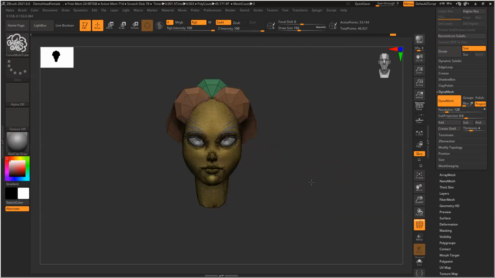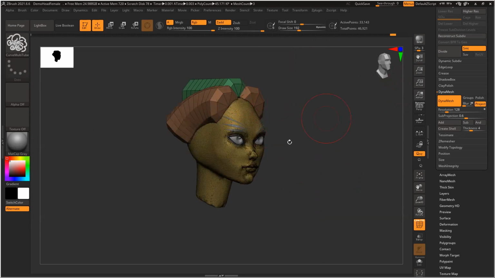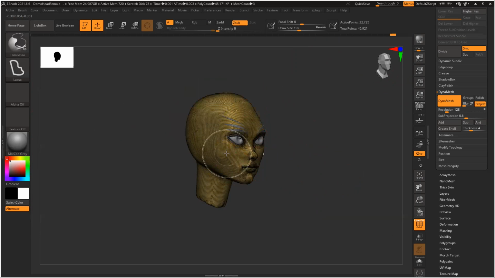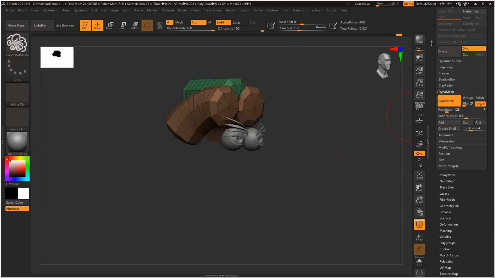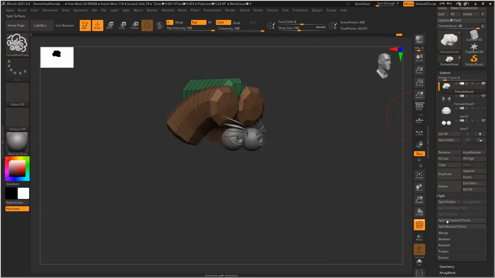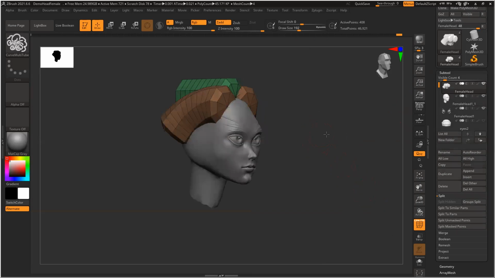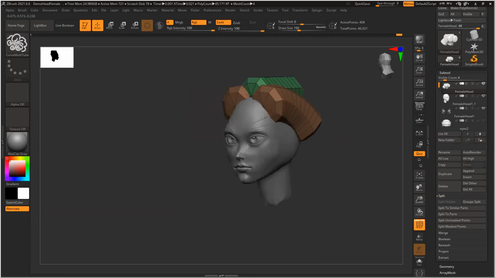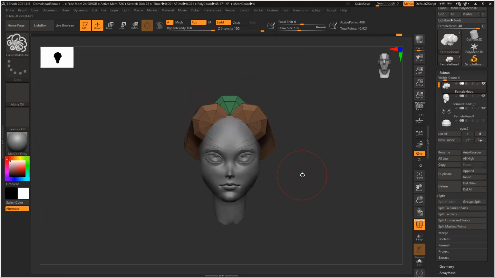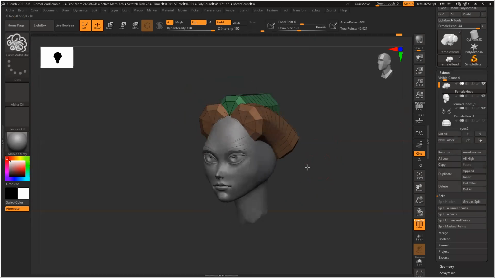Now, Shift F, polygroup is different. Hide it. Again, same thing. Split hidden. I got these tubes. So for this, what I can do is I can start working on this.